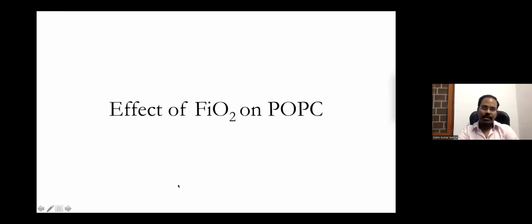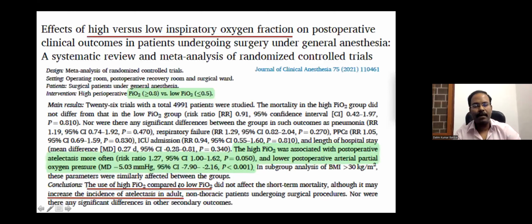is used intraoperatively. And based on the initial studies, WHO has loosely recommended higher FiO2, that is, higher meaning more than 0.5. The initial studies which were performed to find out surgical site infection rates used 0.7 or 0.8 FiO2. So WHO has loosely recommended that use of high FiO2 may be considered to reduce the incidence of post-operative surgical site infection. But the anesthesia community was really worried about this because high FiO2 may increase the incidence of post-op pulmonary complications. So a few studies, or a lot of studies, were undertaken after that.